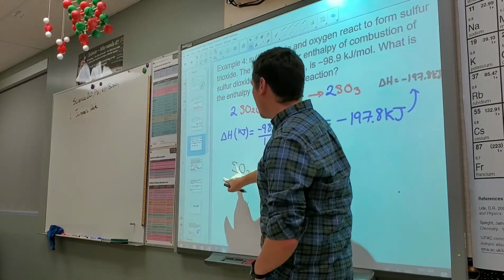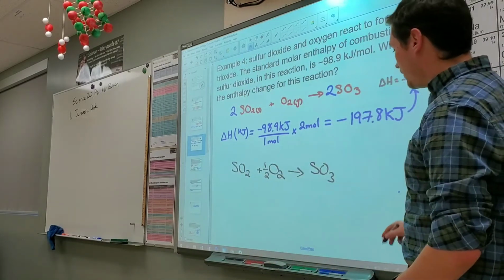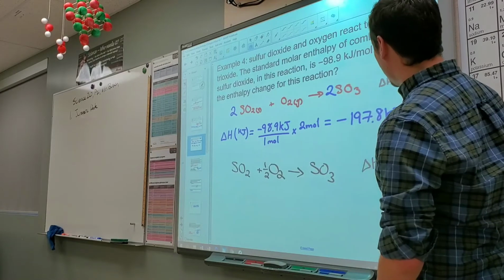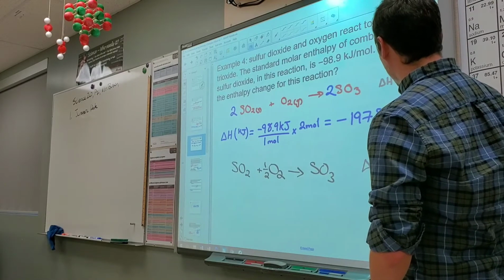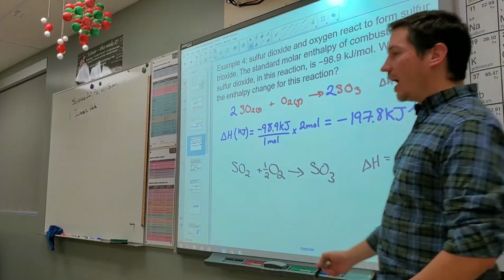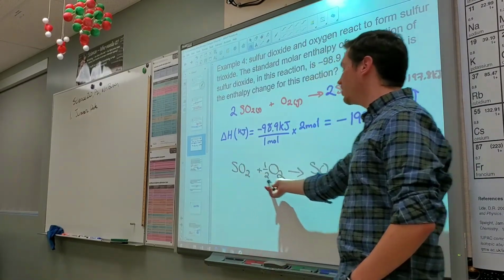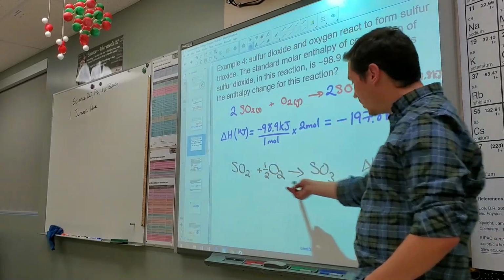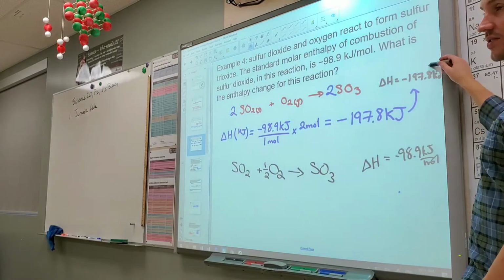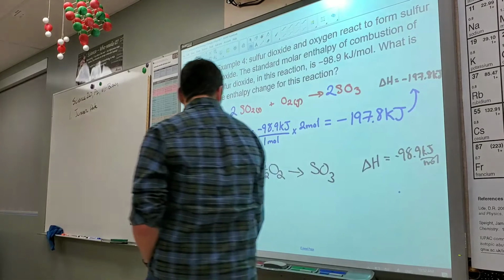But what I want to say about this is that this chemical reaction has an enthalpy of negative 98.9 kilojoules per mole. So how did I get from here to this chemical reaction? What did I have to do to everything? I just multiplied everything by 2. So does it make sense that the enthalpy of the reaction also doubled? Yes, okay. Another way of saying that, I'm going to erase this,